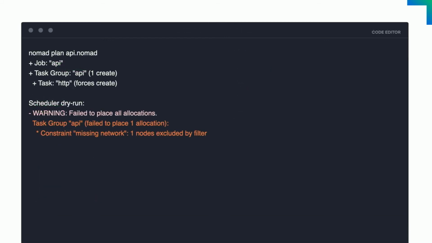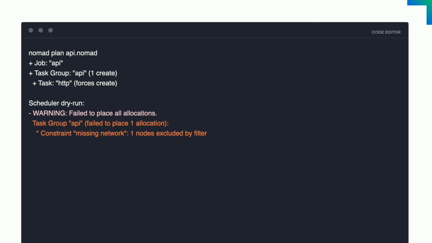So like I said, during that fingerprinting process, the Nomad client is going to detect what CNI networks are available on the host. So if you try and run a job with a network that doesn't exist, in this case we're going to do a Nomad plan, which is like a dry run of scheduling. We'll be able to see how a job is scheduled without actually performing and registering that job. So in this case, I wanted to show an example where we defined a network in our job spec that didn't exist in the cluster. So if we plan this,